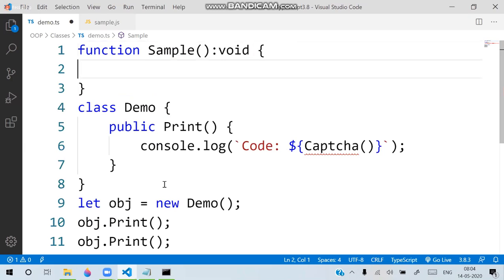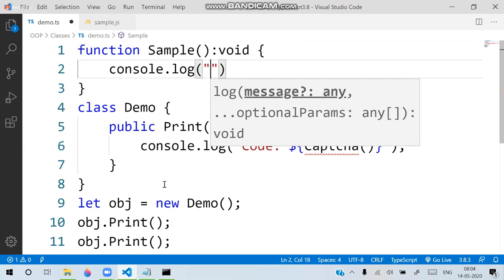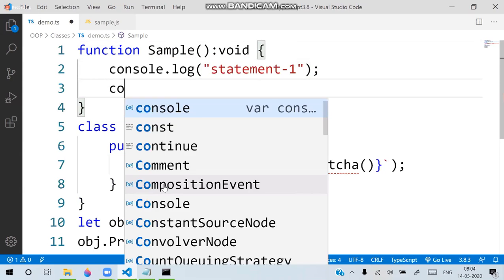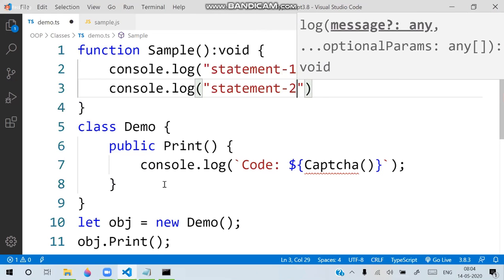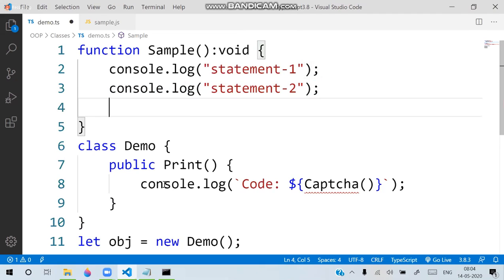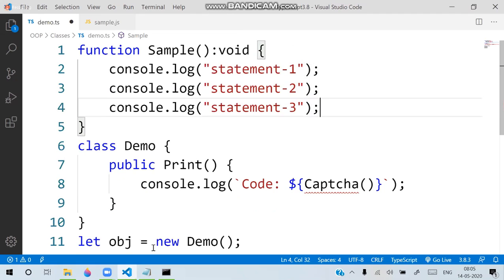Here it has a console.log statement 1, console.log statement 2, and like this console.log statement 3. Three statements are there. And this function